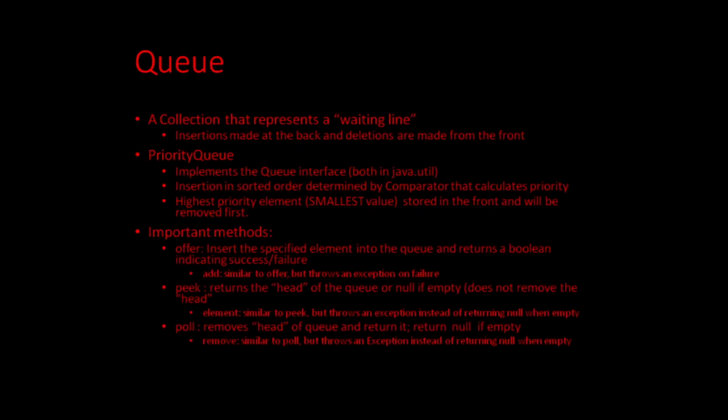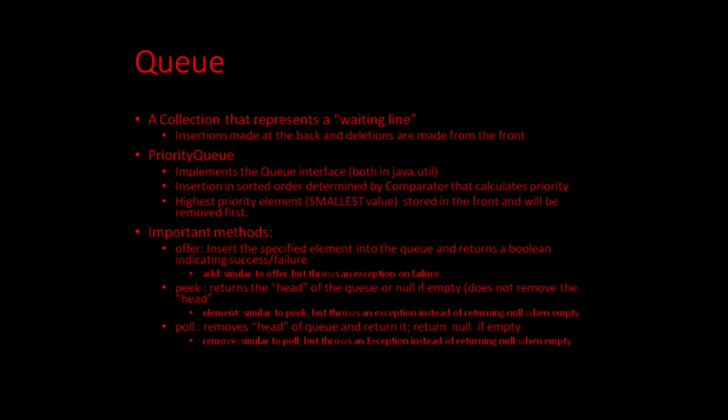This inserts a specified element into the queue and returns a Boolean value based on the success or failure of the insertion. There is a similar method called add, but it throws an exception on failure rather than returning a Boolean value of false. The peek method returns the head of the queue or a null if it is empty, and it does not remove the head. A similar method to peek is called element, but it throws an exception instead of returning a null value